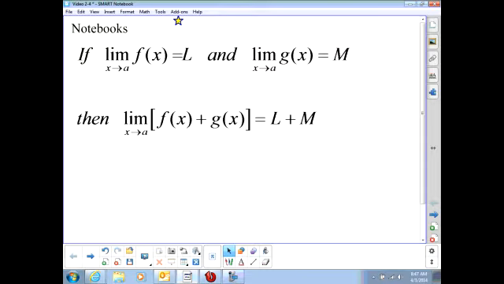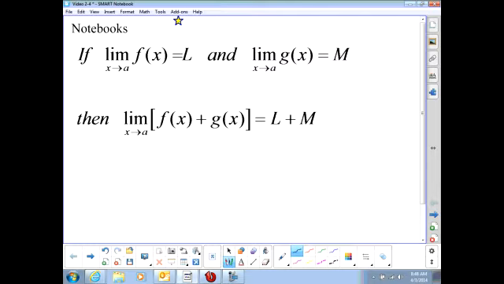For today's video, we'll be looking at properties of limits. Our first one: if we have two separate limits, the limit as x approaches a of one function f of x equals some number L, and a different function approaching the same value of x equals some number m, if we take the limit of those two functions added together, then that overall limit is the two limit values